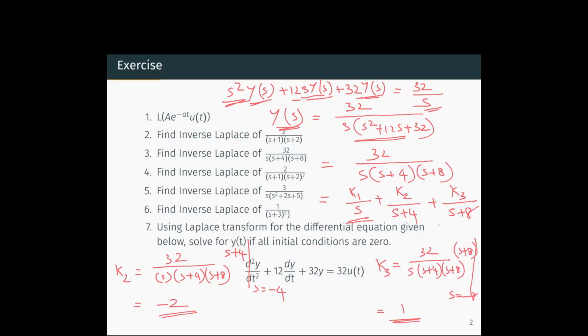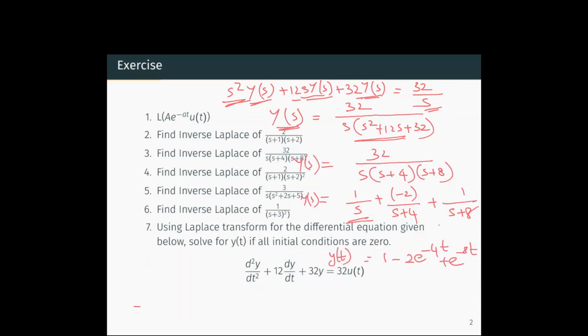To get the value of k2, we will multiply the total function 32 by s into s plus 4 into s plus 8 with s plus 4, cancel that off and substitute the value of s equal to minus 4. So you get the value of k2 as minus 2. Similarly for k3, you will multiply the total function 32 by s into s plus 4 into s plus 8 with s plus 8, cancel that off and substitute the value of s as minus 8. You will get k3 as 1. So you will get y of s as 1 by s plus minus 2 by s plus 4 plus 1